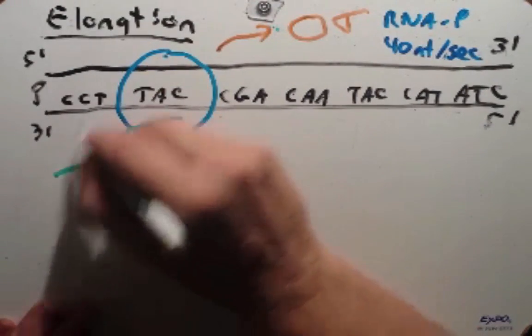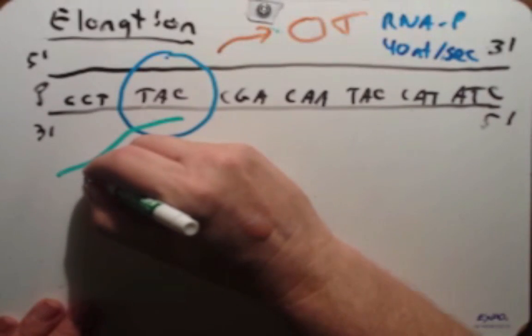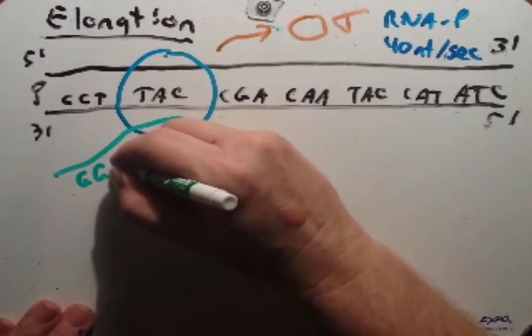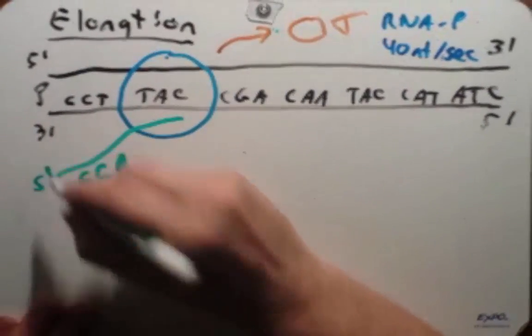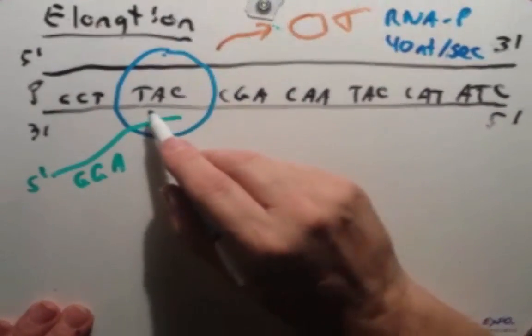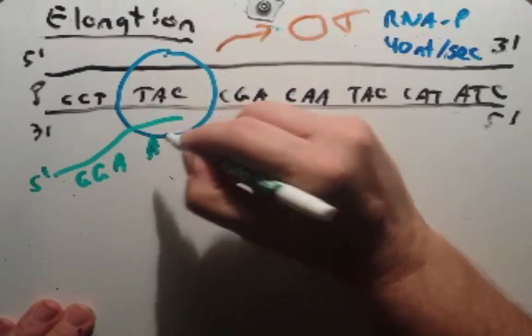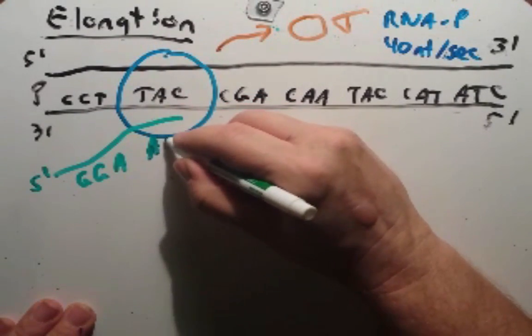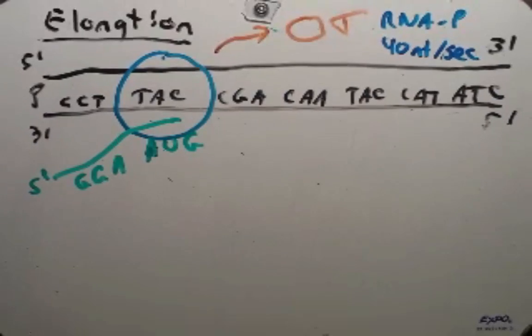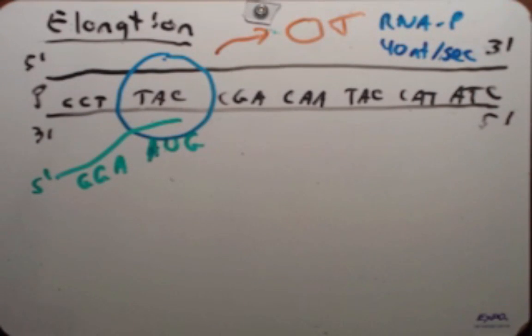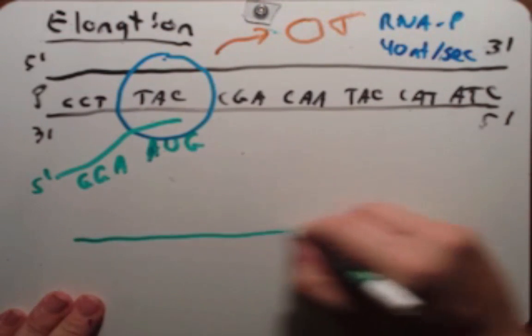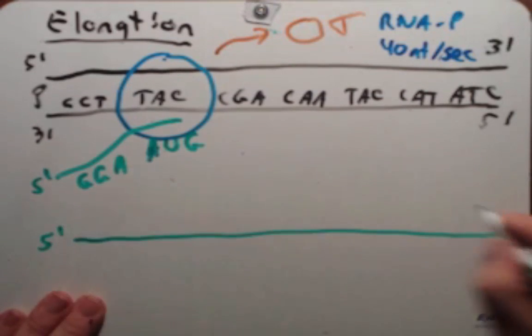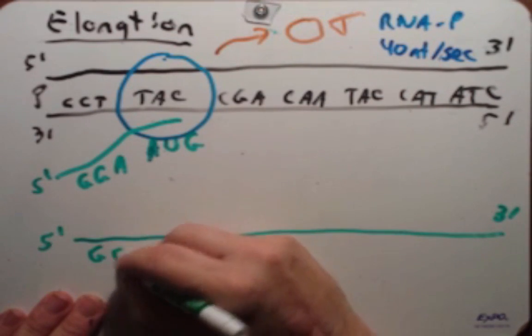So we have our RNA here. This has already come off. It is GGA. Remember, this is our 5' end. It's now forming these bonds here. So this is going to be A. The nucleotide A will come in and bind there. And then a U, because there's no T's, and then a G. And it will continue to move down this gene until it gets all the way to the end of the gene. And then the RNA that is produced, I'll just draw it like so, 5', 3', is GCA,